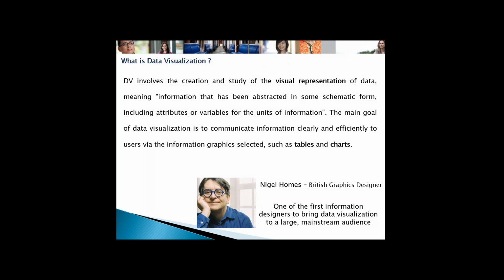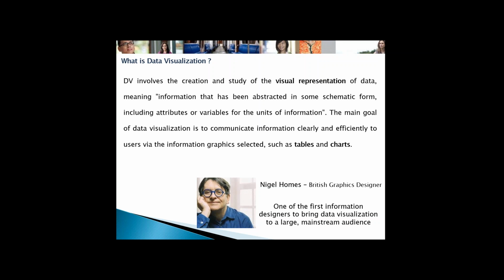Data visualization is a very old concept, and Nigel Holmes, a British person, actually brought it to the mainstream, and said that a visual representation can be utilized for a mass audience also, and people can view things very easily if it is presented in a graph format.